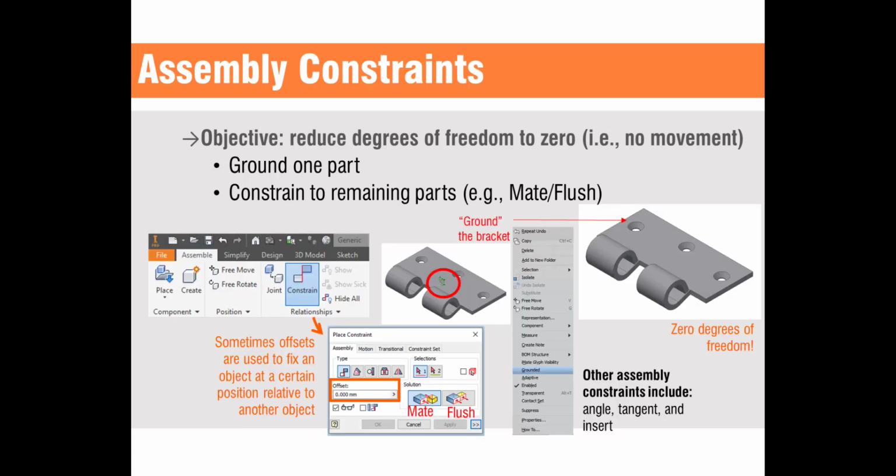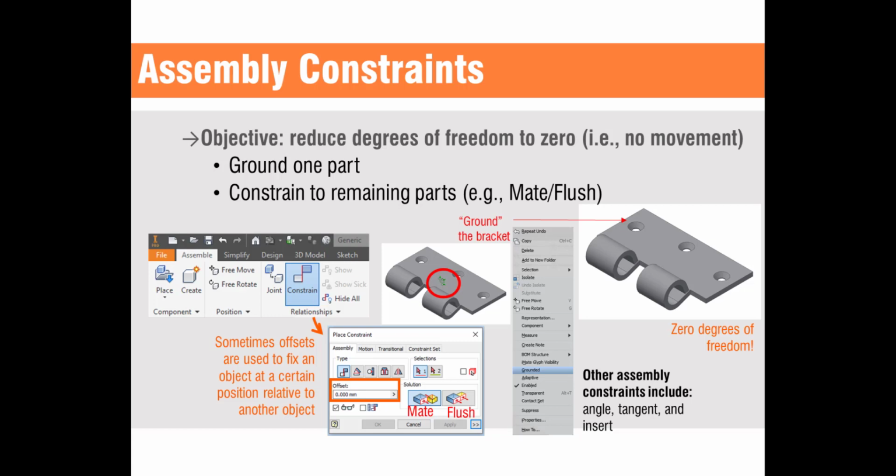A useful tool that we talked about in a previous video is degrees of freedom, which can be found within the View tab. When turned on, small vectors will appear indicating which direction the part is still able to move. When constraining our parts, again we will first ground one part to get rid of its degrees of freedom, then constrain the remaining parts. The two main assembly constraints we will work with are mate-mate and mate-flush, which essentially constrain